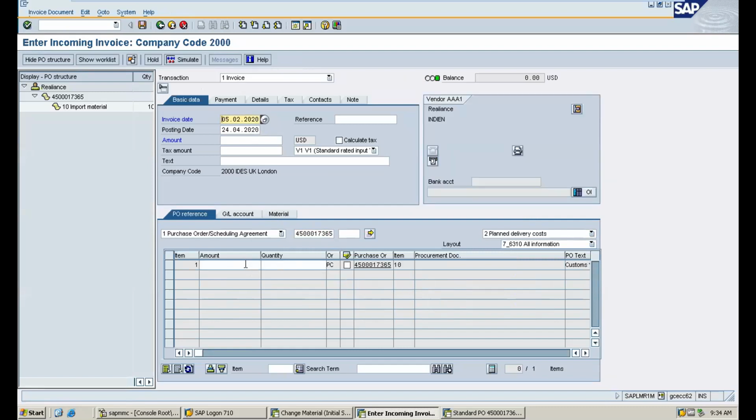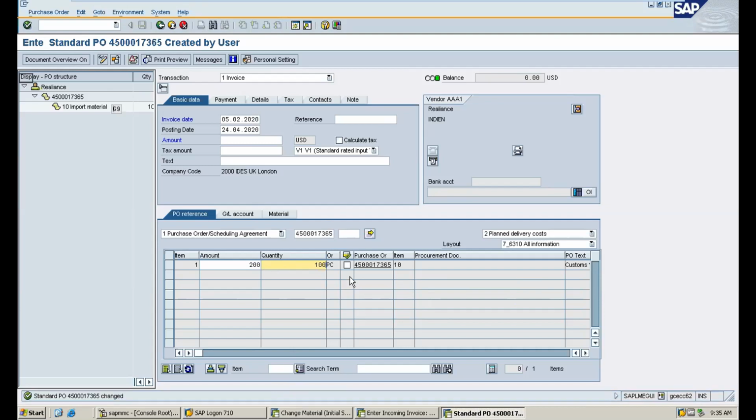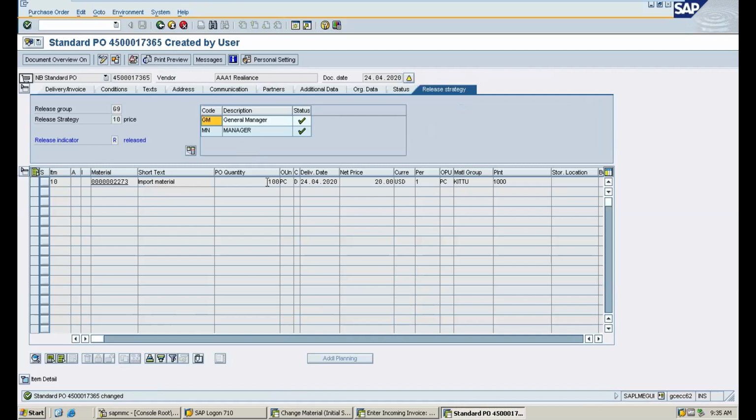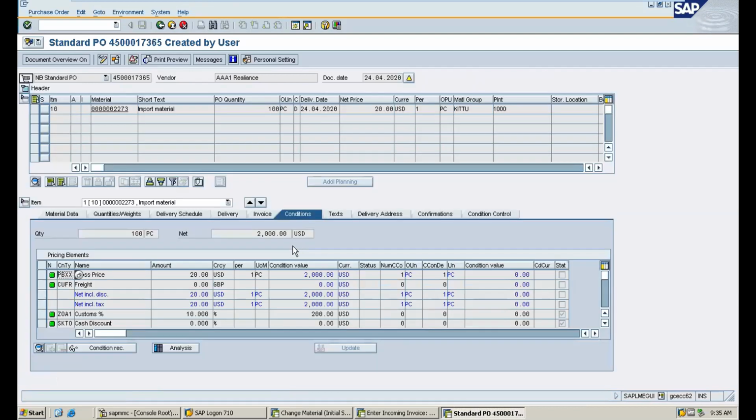And mention the amount. What is the amount with respect to customs? It is 200. And what is the quantity? 100. You can go to the PO and check what is the total quantity and what is the customs paid to the government. And that is the quantity. And if you check the customs amount, the customs amount is 200.